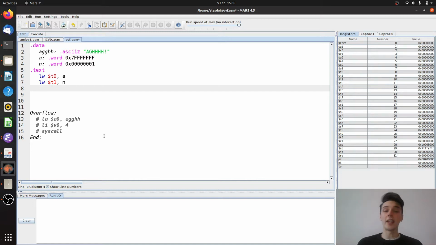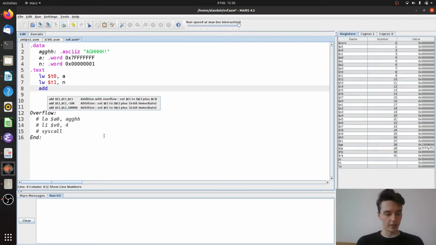You'll notice that A is the largest possible positive number under 2's complement notation. And N is just 1 because if I add anything to the largest possible positive number in 2's complement, I should iterate over to the largest negative number, because that's where they wrap around, as it were. So I've loaded these two into memory, and if I go ahead and I add these,